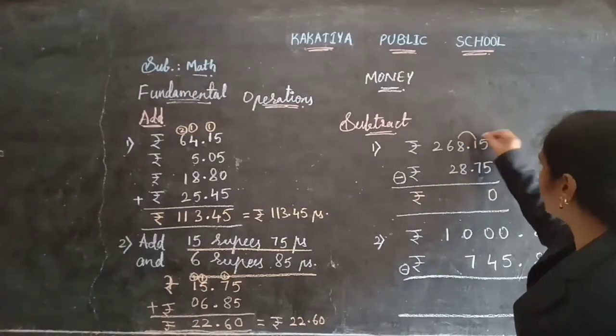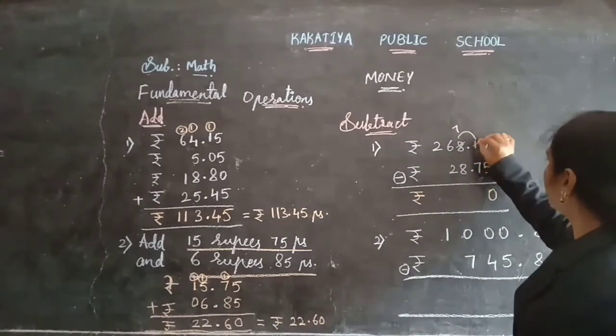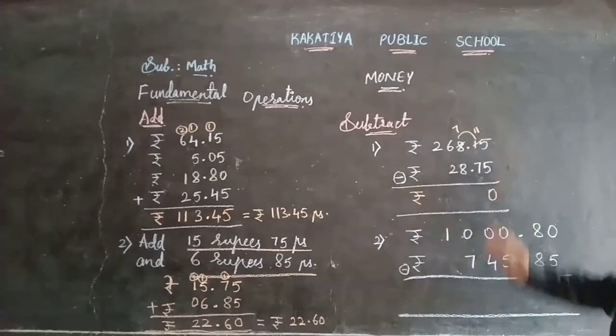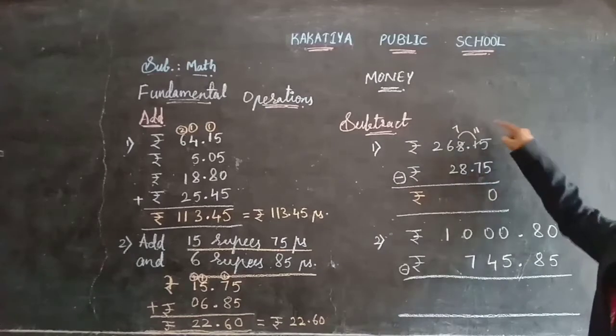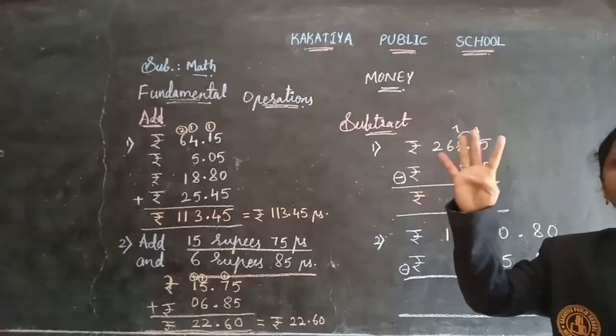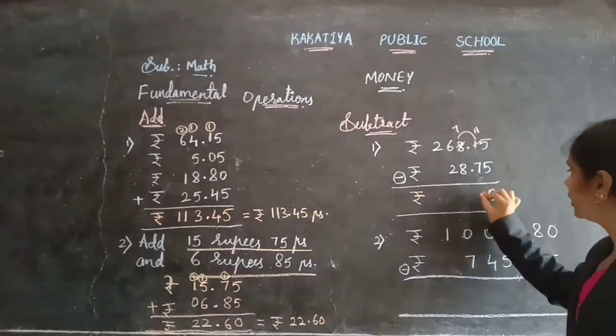When I take the borrow here, the 8 will become 7, children, which is before, and the 1 will become 11. Okay. Now 11 minus 7, or else you can start counting from 7 to reach 11: 7 to 8, 9, 10, 11. We are getting 4 here, or else 11 minus 7 also you will get 4 only.